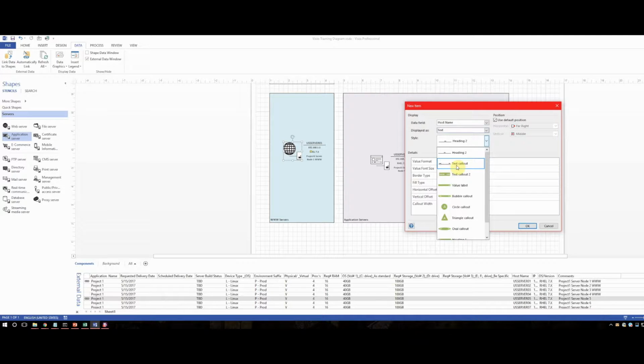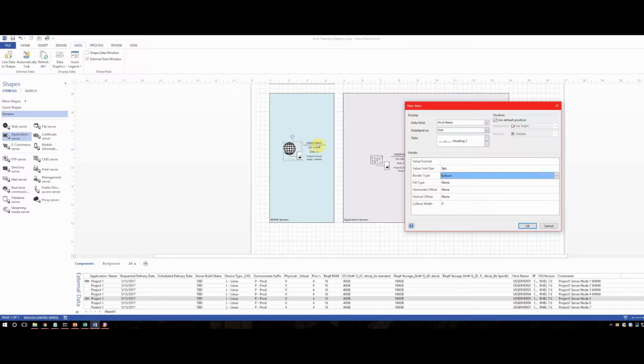I think it takes up too much space when you're trying to consolidate your space and be concise on what you're showing. So I use heading 2. Now heading 2 defaults with this border type. I'm going to go ahead and leave it for this first one. You can see I'd already done that before over here where I had